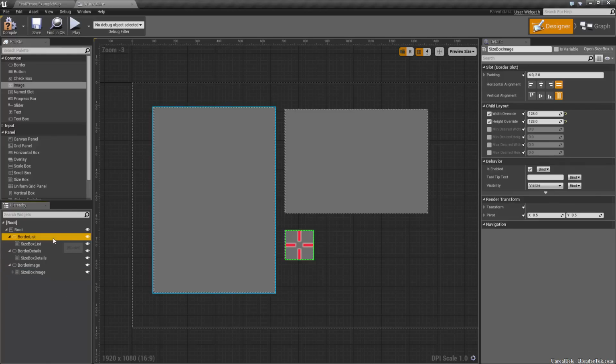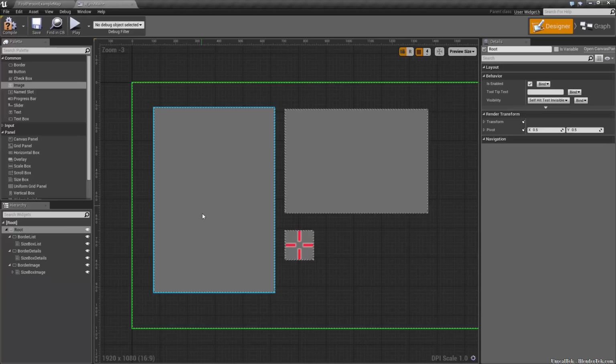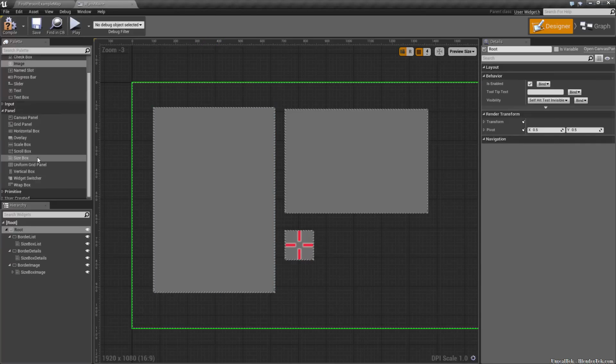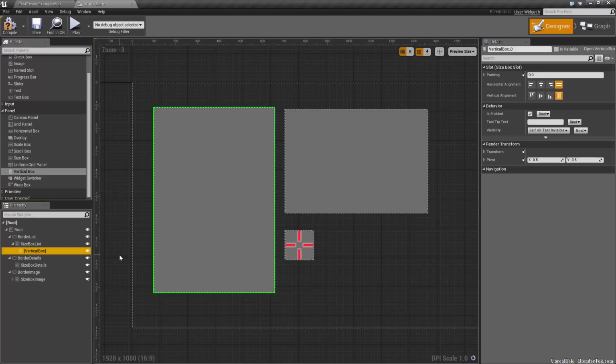So anyways, we'll start with the list. So we need to start by working vertically. So everything is going to be shown vertically first. So we're going to add from panel a vertical panel. Vertical, where are you? Horizontal box, vertical box, there we are. And I'm going to drag it directly on top of the size box, since a border can only have one child. And then we'll expand the size box, and then the vertical box,